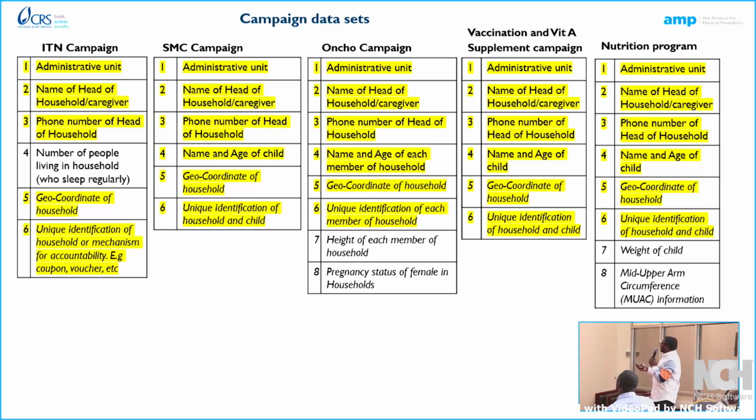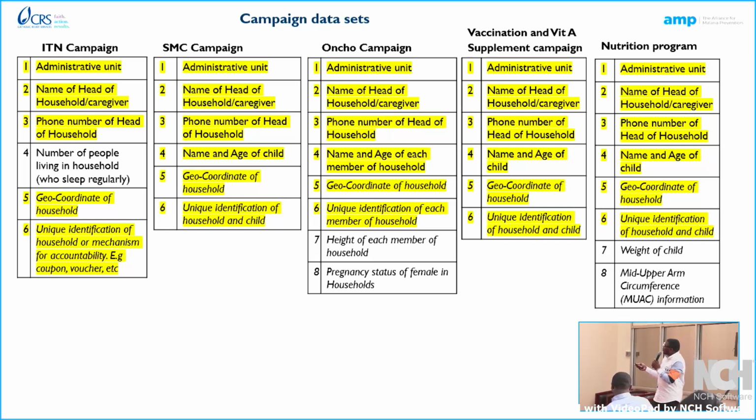Now, let's look at a nutrition program, like food distribution, etc. The only 2 elements here that seem to be different are the weight of the child and the MUAC information of the child. I hope we know that thing they put on the arm to measure if the child is malnourished and so on.